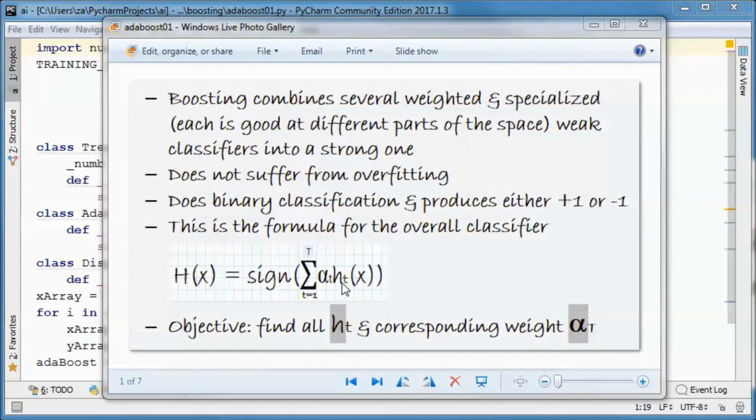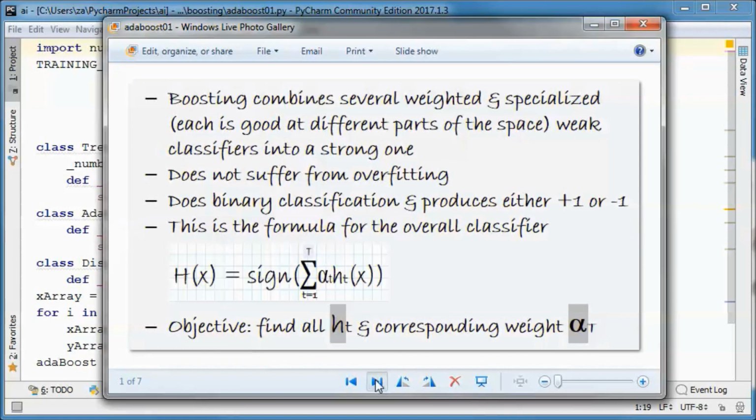So lowercase h here represents weak classifier, and alpha is the weight for each one of those weak classifiers, and we take the summation of them, and then we take the sign of that summation. And our objective is to find all the weak classifiers and their corresponding weights.